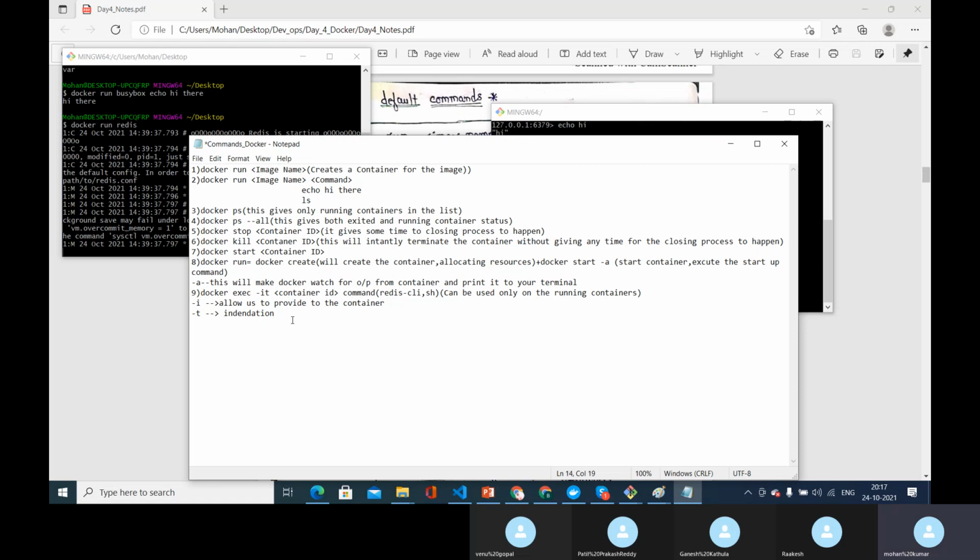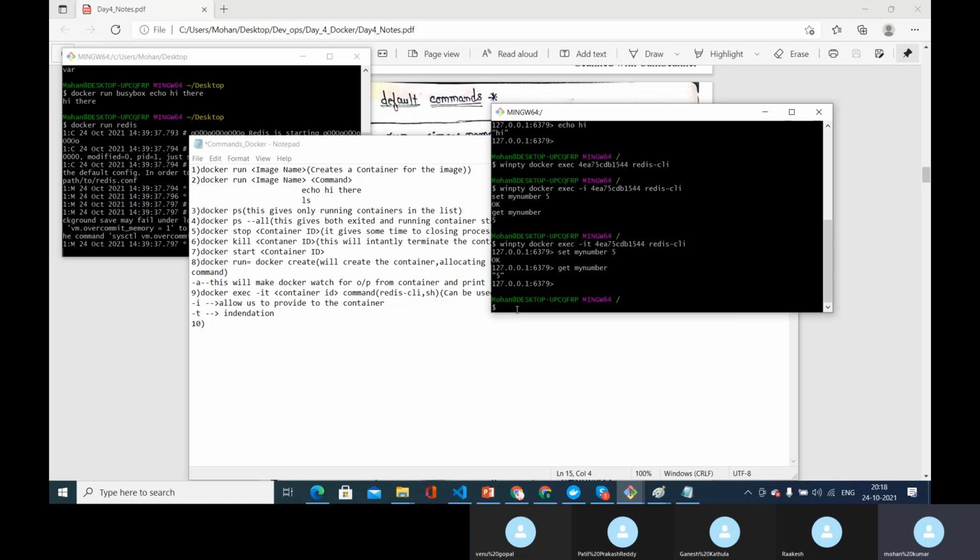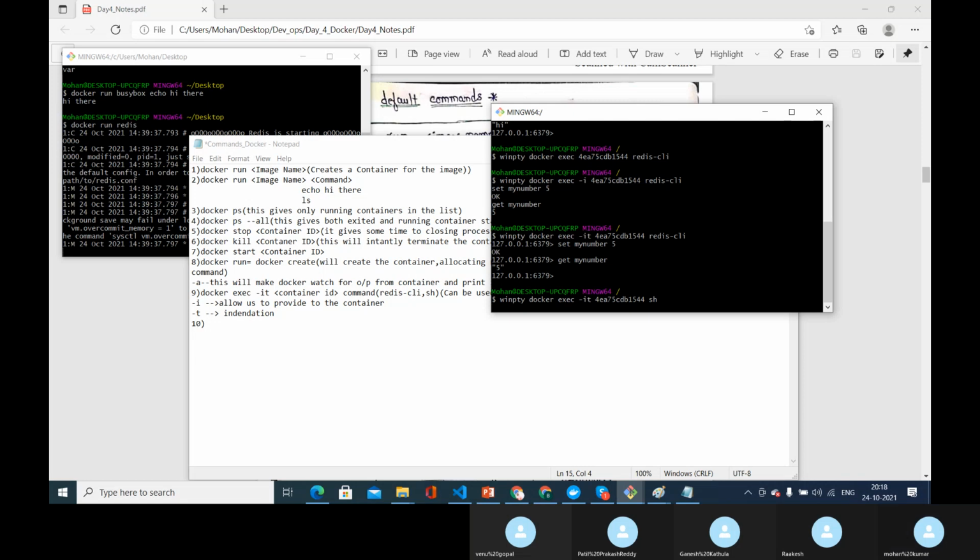Now the next thing is, it's the same again. Instead of Redis CLI, I'll give it as sh. Okay, so docker exec, and I'll give it as sh. So this will again open the console, and the same happens over here.